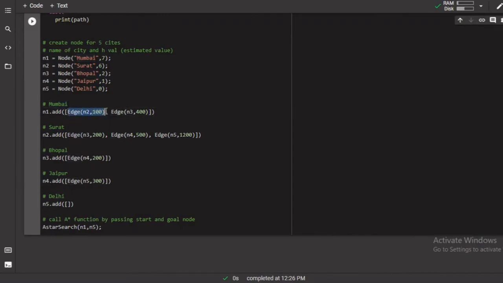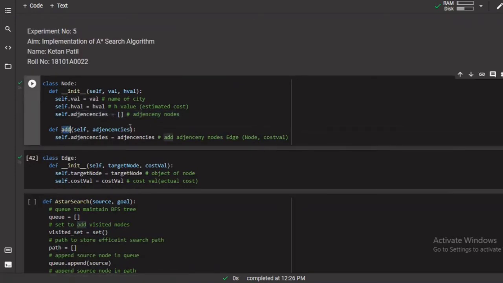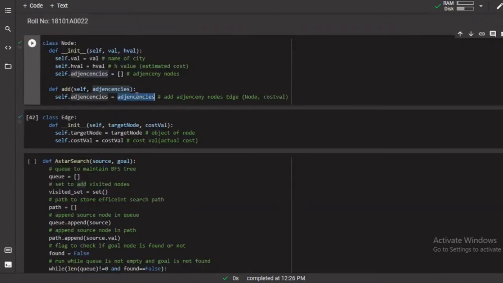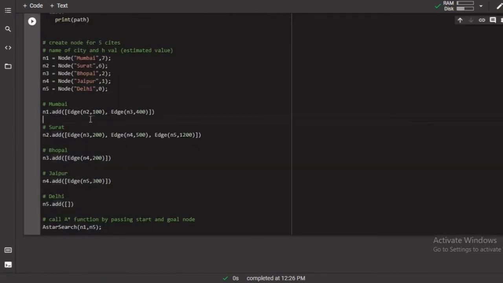So that's why I'm adding two edges, n2 for Surat and n3 for Bhopal, and the cost is 100 and 400 respectively. And I am using the add method in the Node class to add these adjacents. We just initialize an empty list, that is the list of edges that we are going to pass.